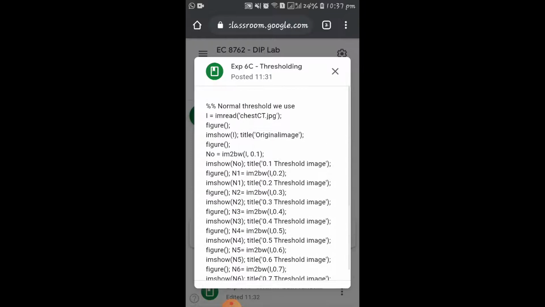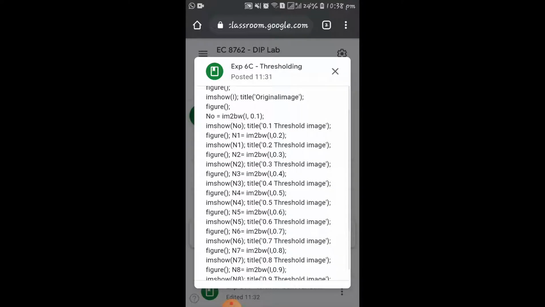Next what we are trying to do is change the threshold of the image. Threshold is any specific reference value which we give. So here, with thresholding, we give a reference value for your pixel intensity, and based on that we change the images. We are trying to convert the image to black and white, and in the black and white image we change the threshold and display the image. So that is what we are doing here.